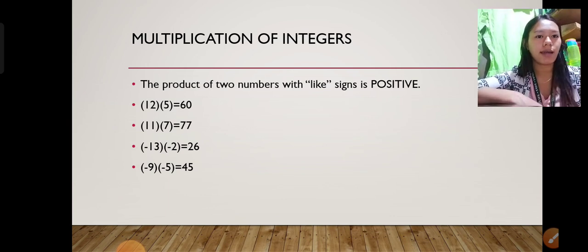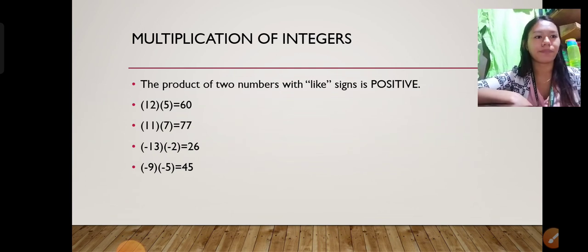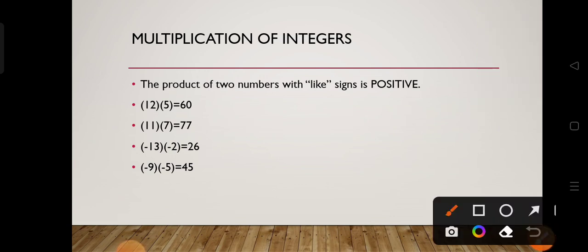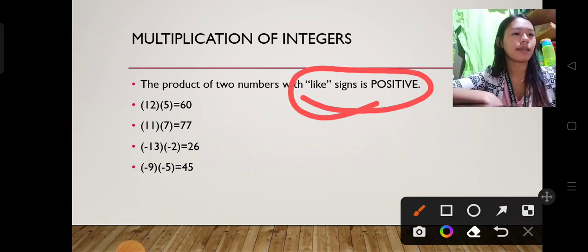Okay, unlike signs is negative, then like signs is positive. That's the only thing you need to remember in the multiplication of integers: like signs is positive and unlike signs is negative. Okay,